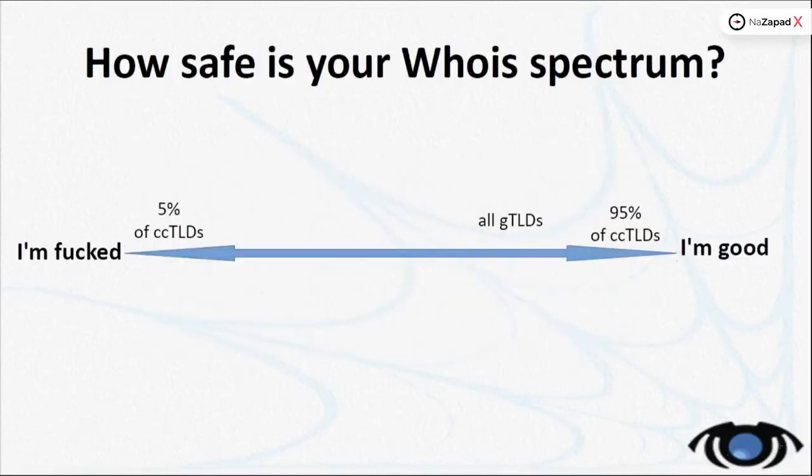So that's the spectrum. Most ccTLDs are perfect because Google doesn't know any Whois and there's no Whois to be taken by domain tools, so that it can be included in the reverse Whois that Google uses for reverse engineering PBNs. A small percent have Whois due to some local law, so they just don't care about GDPR. And all the gTLDs are almost as good as ccTLDs, but not as much.